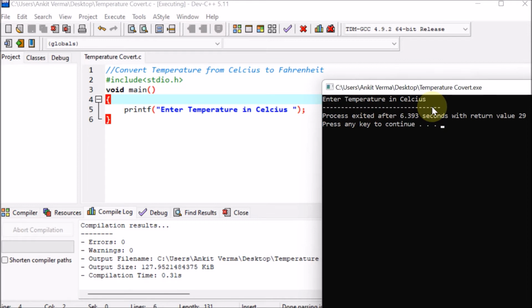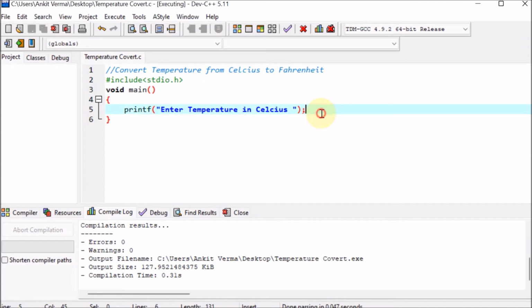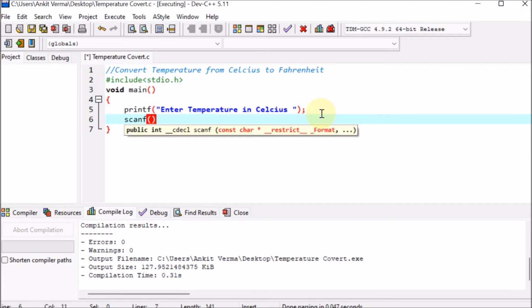So we are going back to the coding and here we are using the scanf function. Scanf is a function which takes the input from the user. And this function is also part of stdio. But scanf works on some variable, meaning where the value will be stored. If I ask for a value from the user, where will it be stored?